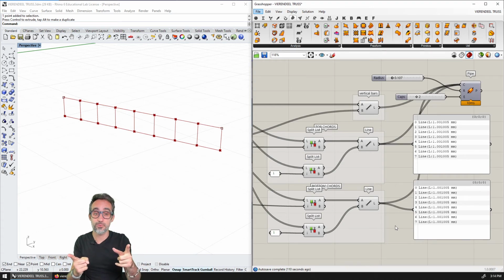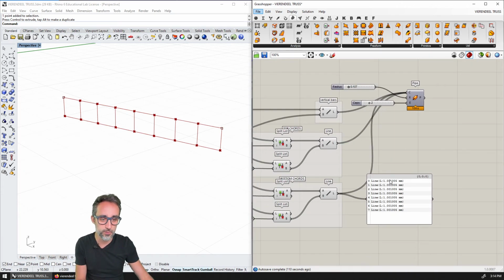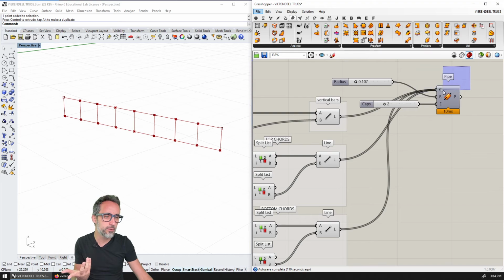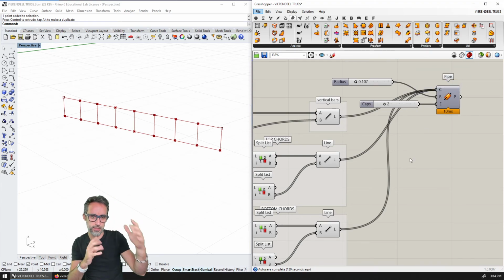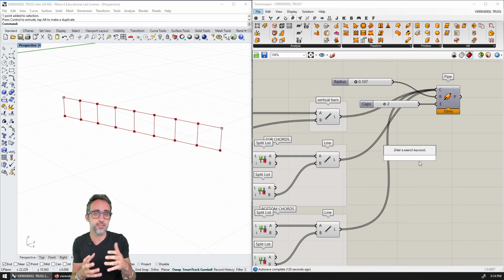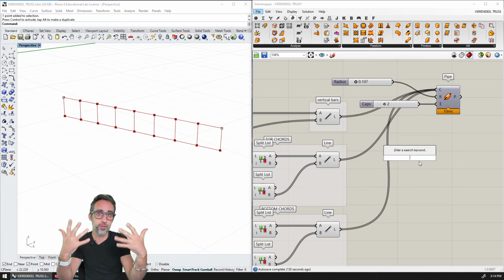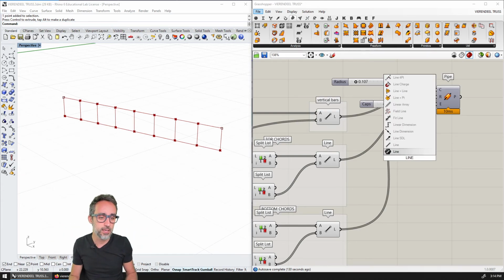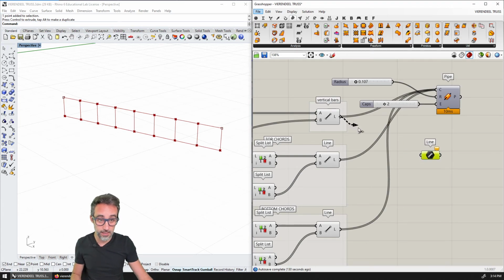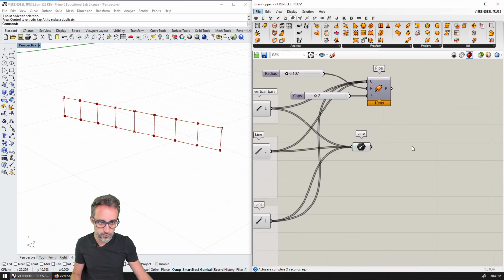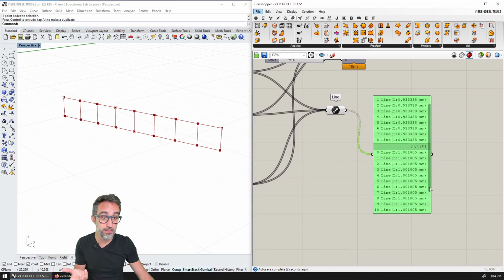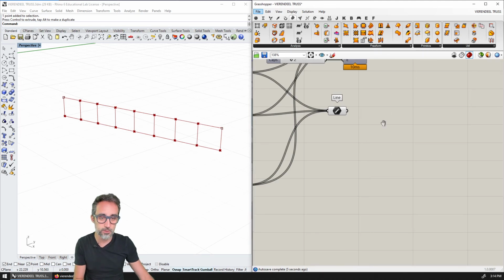Sorry, I forgot to add to the previous video, I actually want to bake these lines to show you how things work out. So typically something that I like doing is that when I finish a complex definition, I like to set up some boxes, some empty parameter components with the actual target or the output or the goal of my definition. So for this, I'm going to create some line empty parameter box, and I'm going to plug in here the vertical bars, the top bars, and the bottom bars. So I'm going to end up with a component that contains all the information that I was trying to generate with this definition. And this will be the one that I will use for baking.